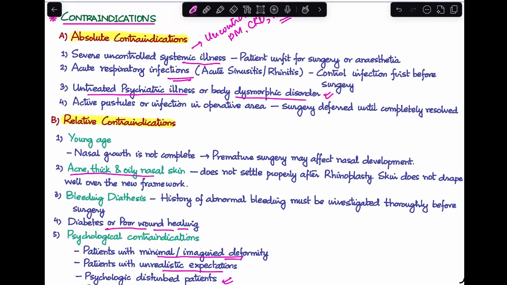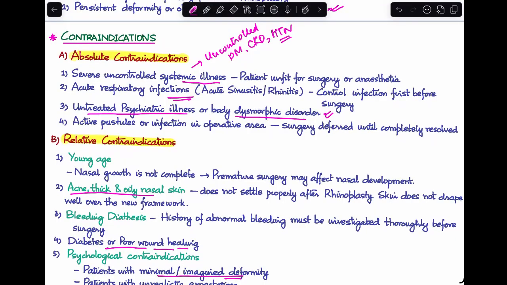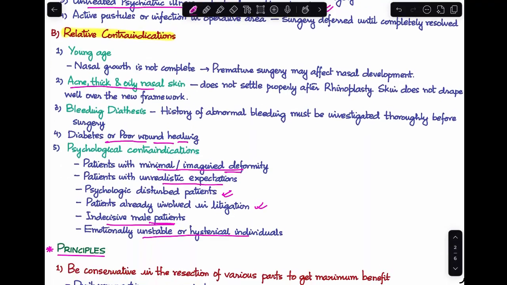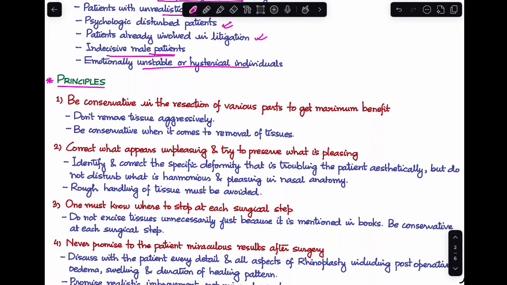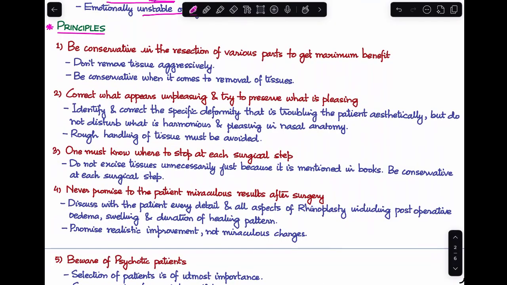So, these are all the contraindications that we should be aware of when it comes to rhinoplasty, and these can all be dealt with in different ways before you decide whether you want to take the patient up for surgery or not. Lastly, the last section for today is to discuss a few principles that we need to remember when we are performing rhinoplasty. First principle is we should be very conservative in the resection of various parts of the nose